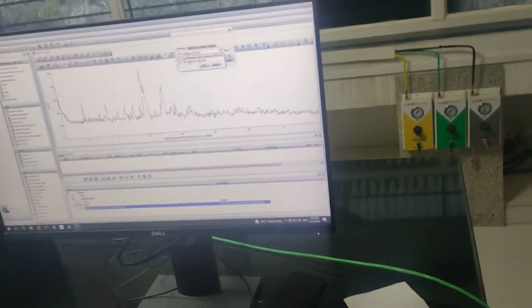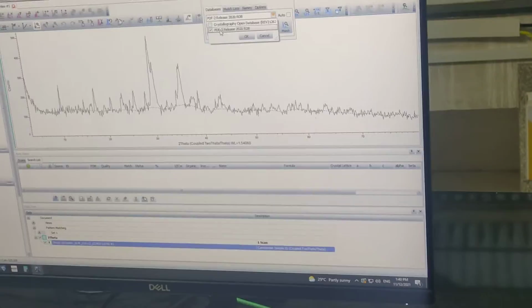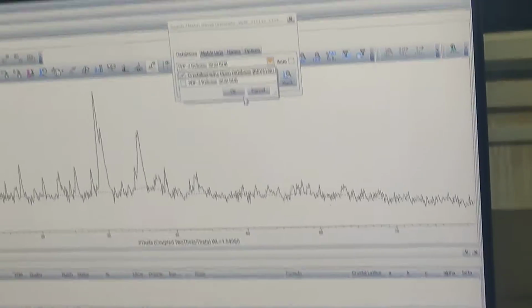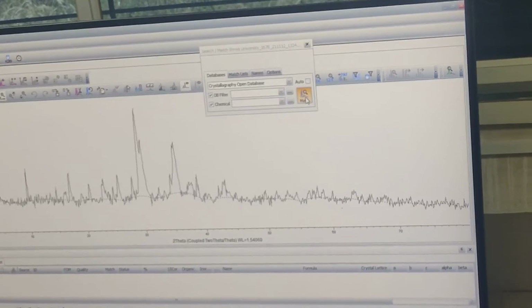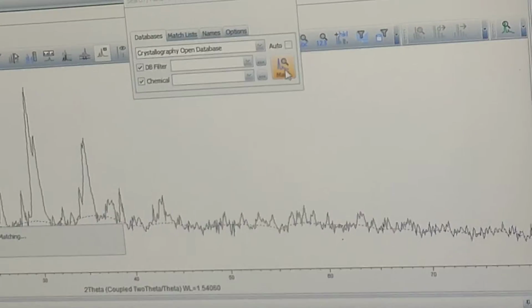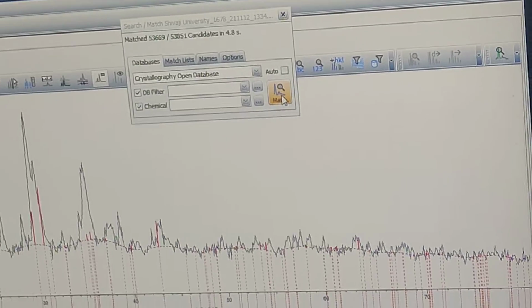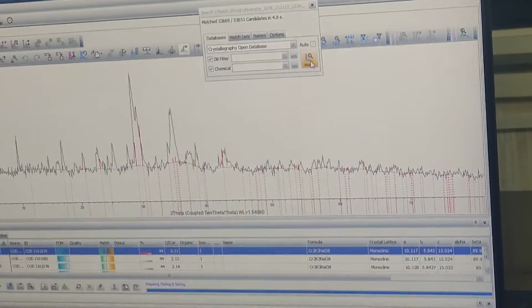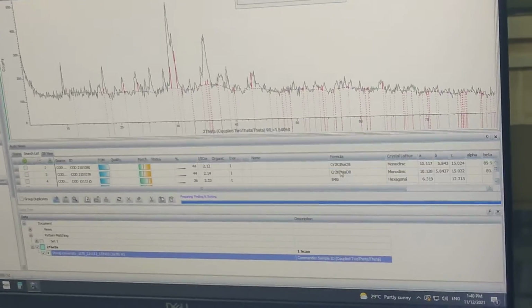So let us do a search with the COD database and just click on match. Nothing is there.